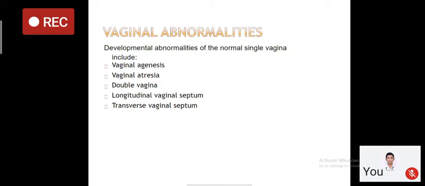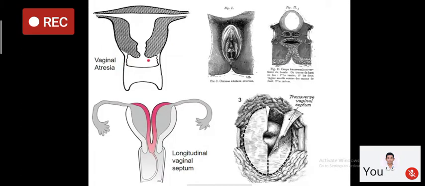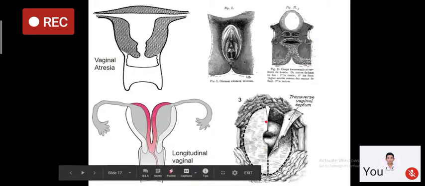Like you can see here in this first diagram, vaginal atresia is there. There is not complete canalization that leads to the abnormal length of the vagina. Okay. Here you can see double vagina. There is a longitudinal septum. Okay. This is a transverse vaginal septum. This is longitudinal in this pink diagram. Another, there is a longitudinal vaginal septum that leads to the incomplete. Here you can see there is complete canalization and there is a longitudinal vaginal septum.